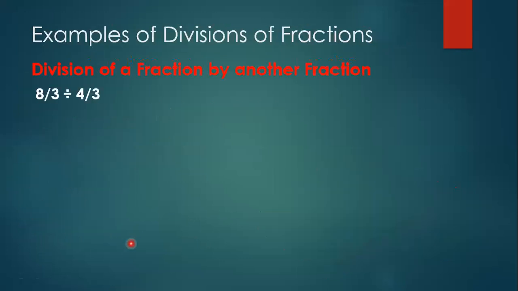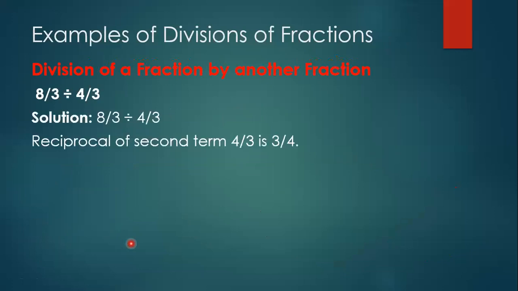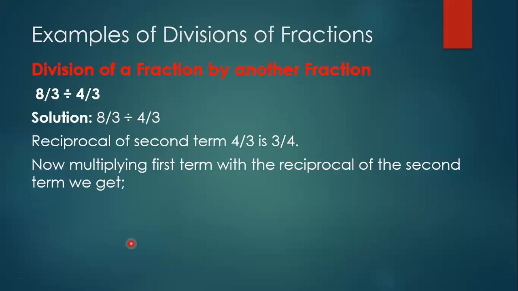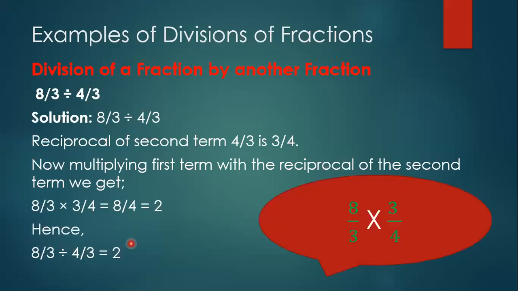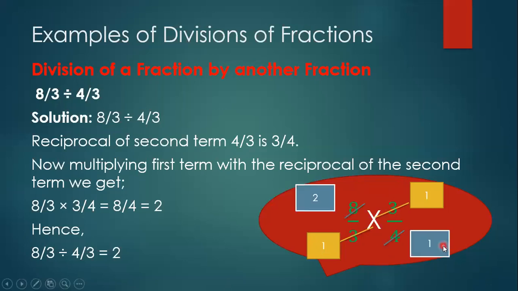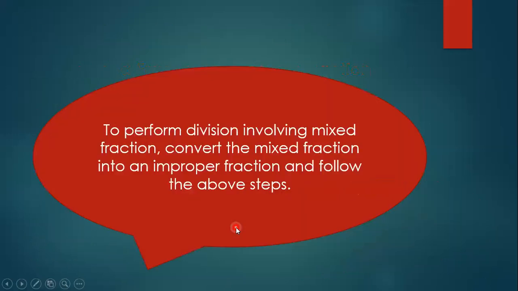Suppose you have two fractions over here. What will you do? 8 by 3 as it is. Division will change into multiplication, and for 4 by 3, the reciprocal will become 3 by 4. So what will we have? Children, here you can see 3 gets cancelled out with 3. In 4's table, 8 comes 2 times. Can you see 1 time and 2 times? So this is what we are left with.